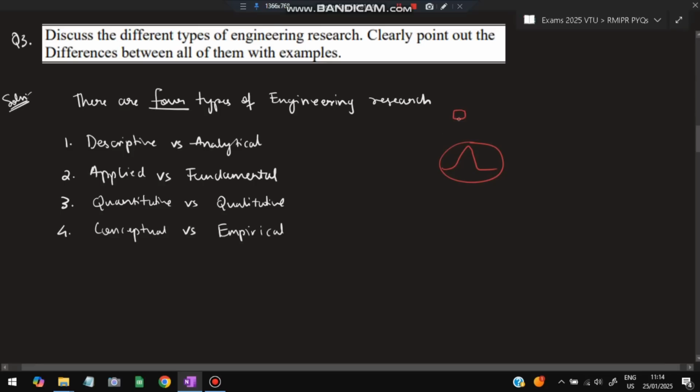Okay, so understanding in detail what the numbers are, how much data is present there, that is what is called descriptive. Okay, it describes the state or the conditions of a phenomenon without altering any variables. Okay, it just analyzes and gets the data. That is called descriptive. Now analytical means we are trying to understand the causes.